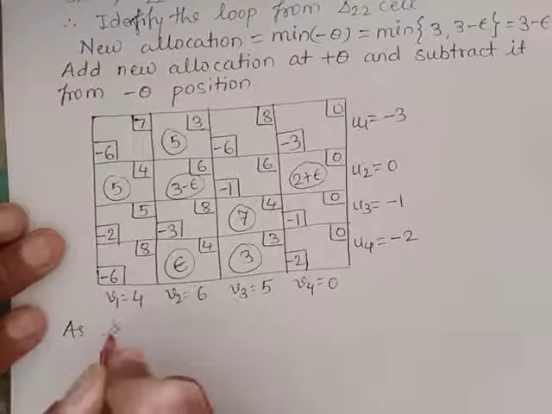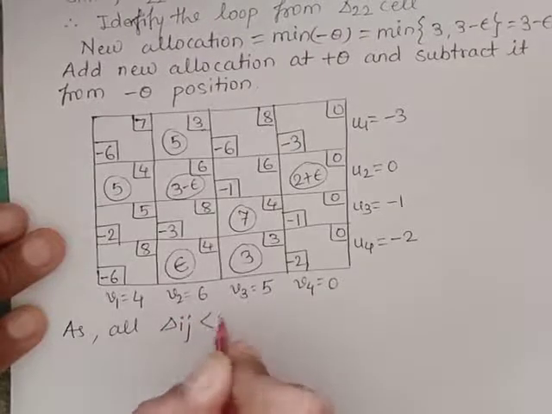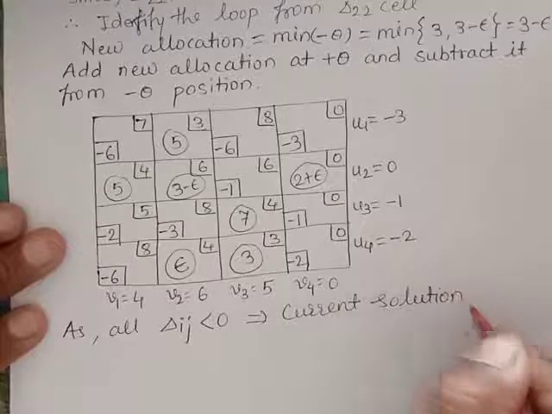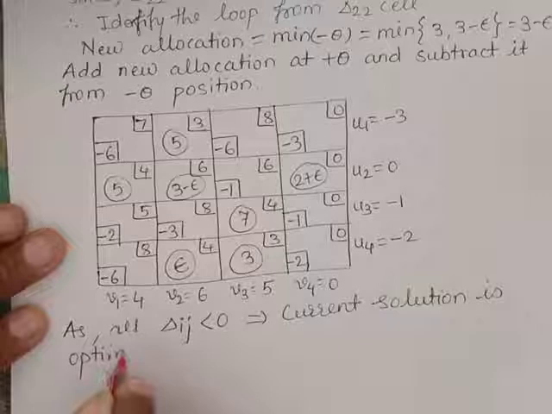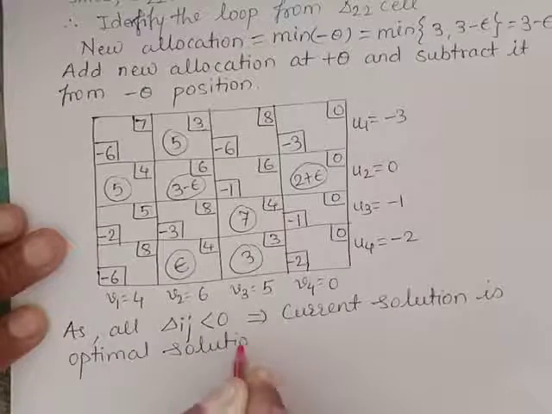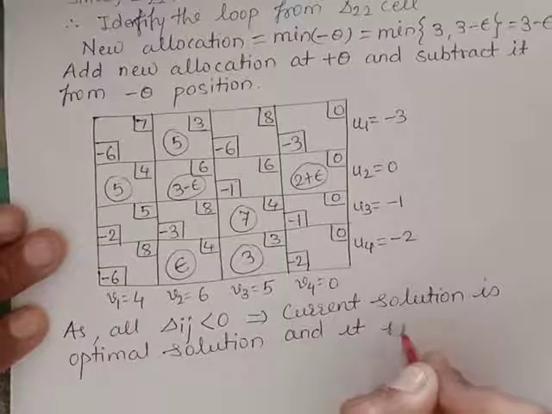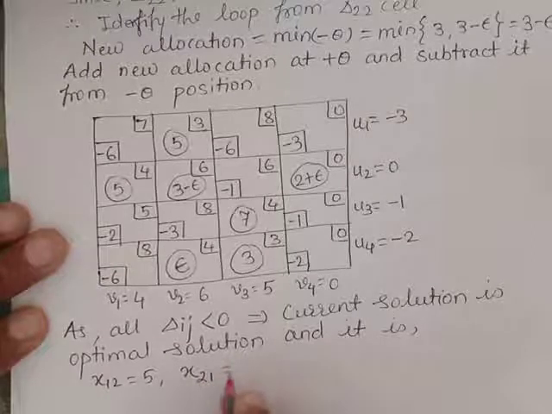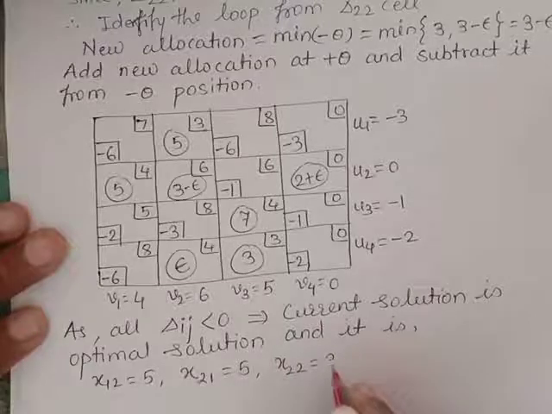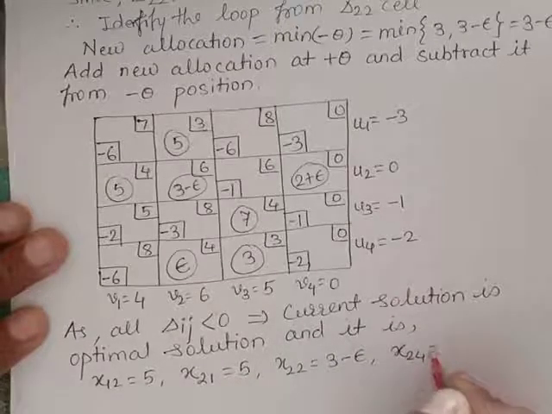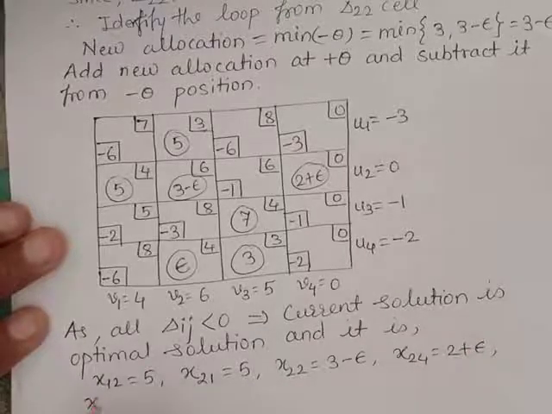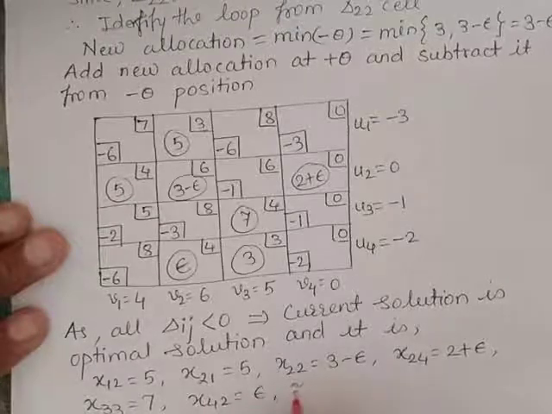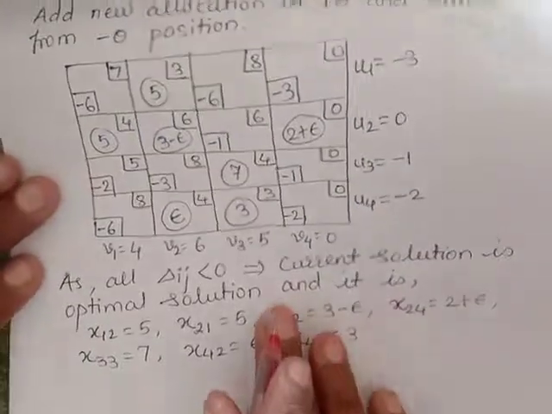Here, as all delta ij are strictly less than 0, it implies the current solution is the optimal solution, and it is x12 is 5, x21 is 5, x22 is 3 minus epsilon, x24 is 2 plus epsilon, x33 is 7, x42 is epsilon, x43 is 3. Okay, and the optimality cost is,